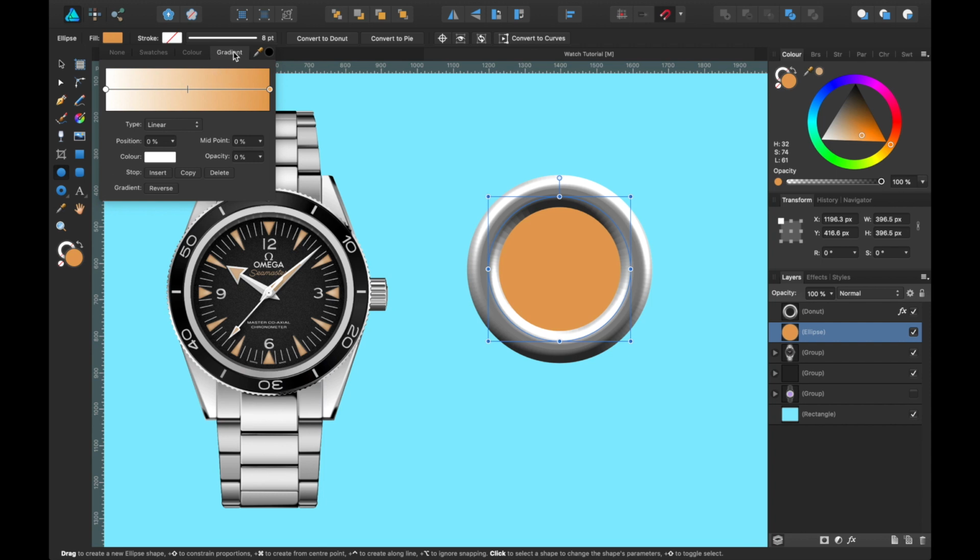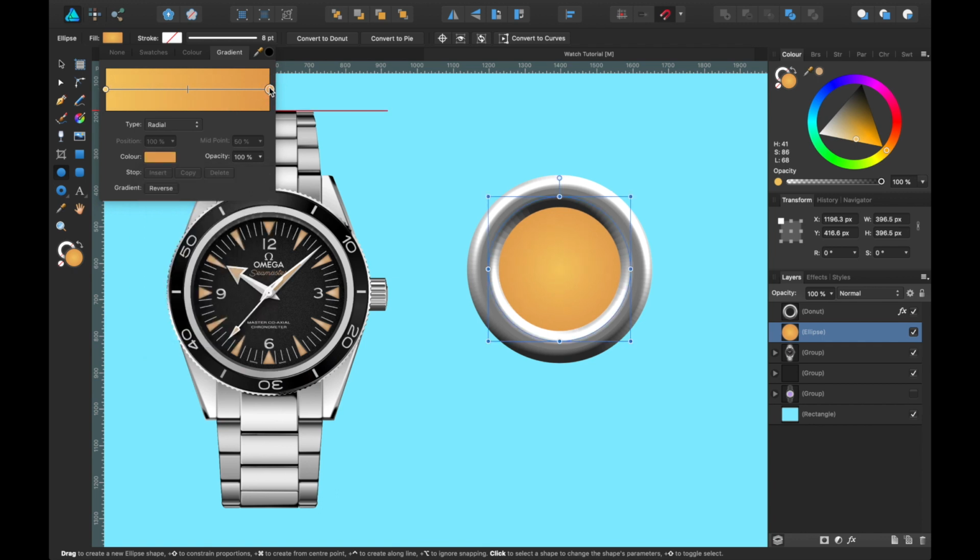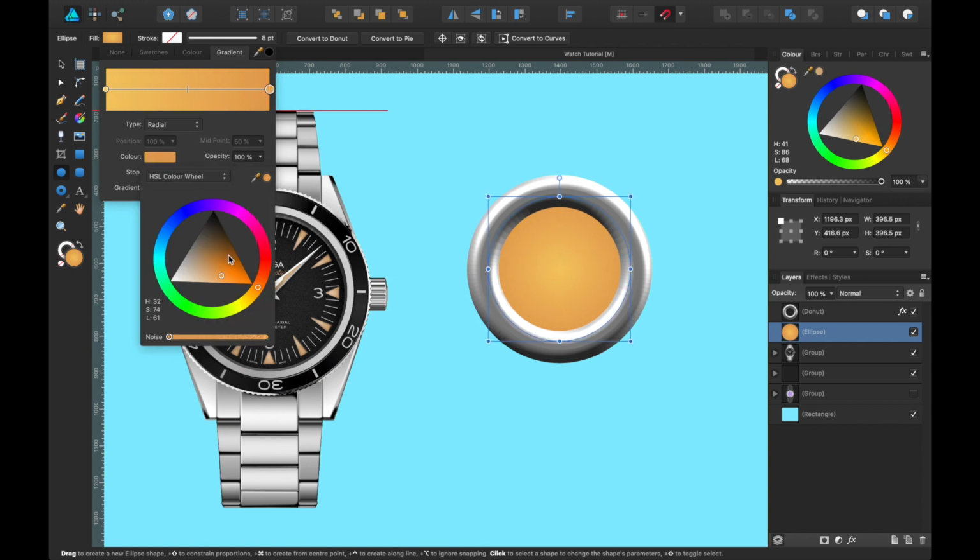And so I've selected gradient here and I'm going to go to radial. And you see how now the light is going from light to dark here. This is kind of what we want. I can change the center to whichever color I wish. So I'll choose something a bit similar to what we had before. And then I will change the outside to a bit darker.